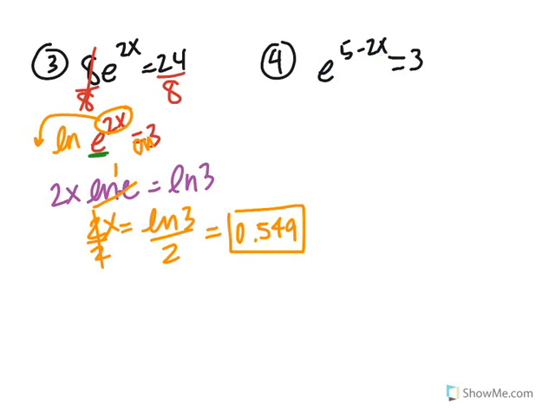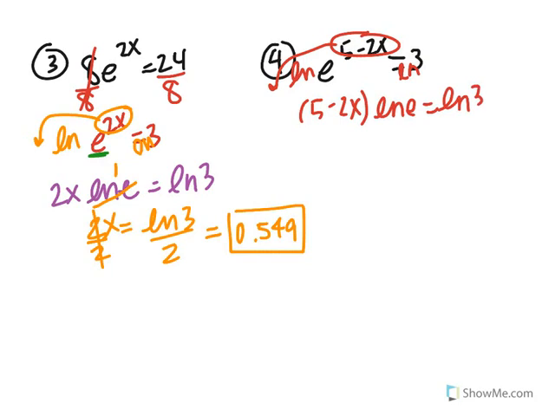So in this example, we actually already have the base and the exponent isolated. So I can go ahead and just natural log both sides. So I'm going to do that. And I'm using natural log because it's a base e. So this whole exponent is going to come out in front. So I get 5 minus 2x times the natural log of e equals the natural log of 3. Natural log and e are inverses. They cancel. That's 1. So I basically get 5 minus 2x equals the natural log of 3.